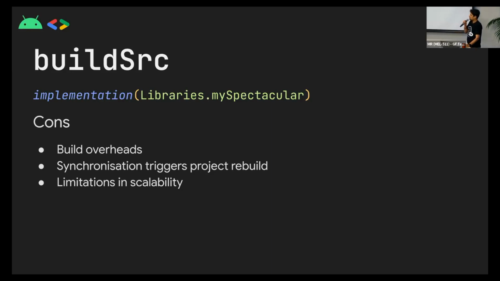Any small change in any part of build source invalidates most of the caches, and then you have to kind of rebuild your entire project. Gradle sync often doesn't just work. It still uses the old one, so you have to actually build all of it for the updates to take place. And then in terms of scalability, it's only within a project. You cannot share this between projects easily. There are ways, but then it's not part of Android Studio itself. It's more got to do with how Git and any other version controlling system works.